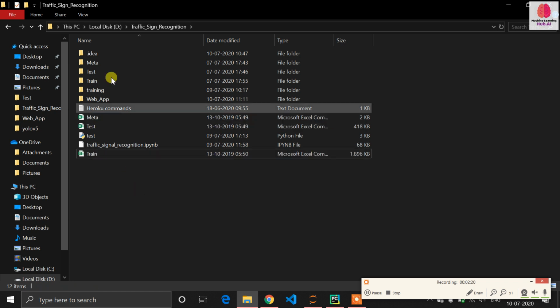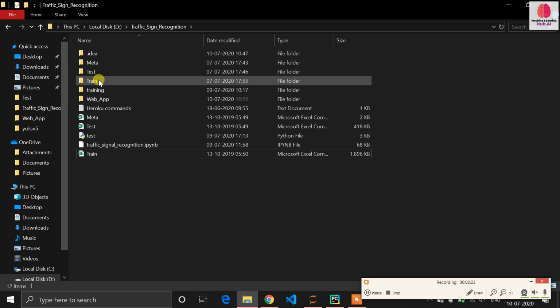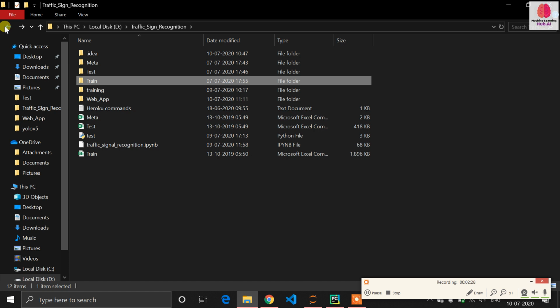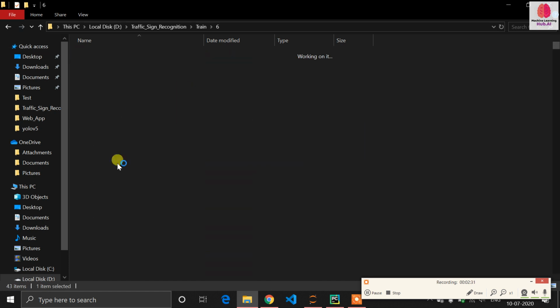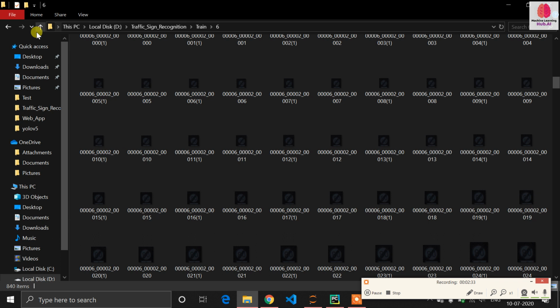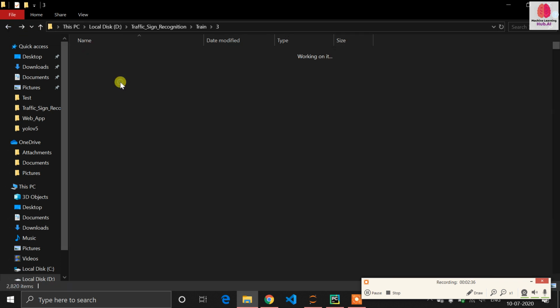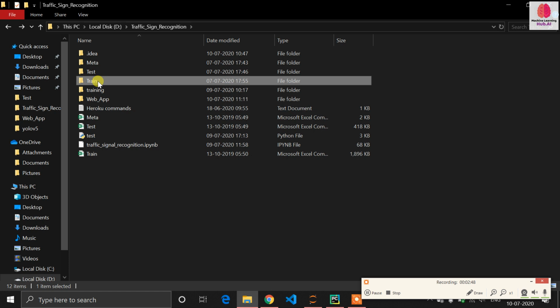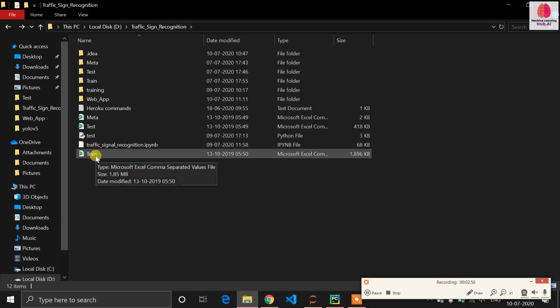Now let's understand what it is. Our data is available in the training folder. You can see there are 43 different folders which contain different types of images. Just opening it, you can see there are different types of signs here. You can see the number of images is large; even my PC is lagging. So now we have to use a different approach to handle it. Let me open the train.csv.